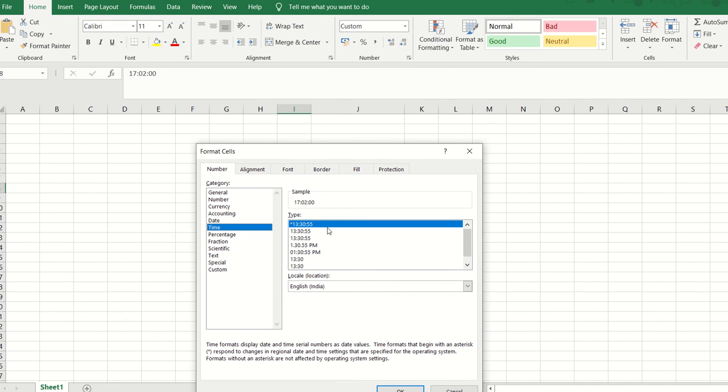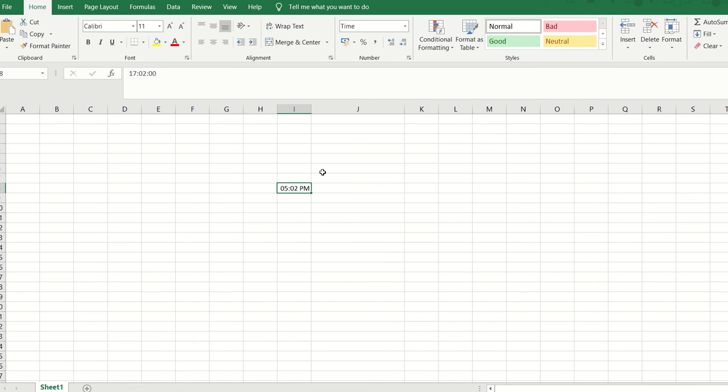and click on time. Again there are multiple formats available to you, so you can select any particular option which matches your requirement. You can select the specific option, and the time on this particular computer is going to be changed accordingly, people. So till now I have already trained you how you can format a date and how you can format the time in an Excel sheet.